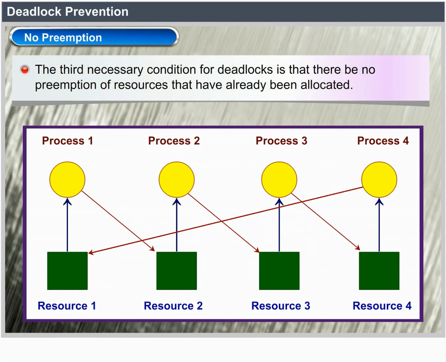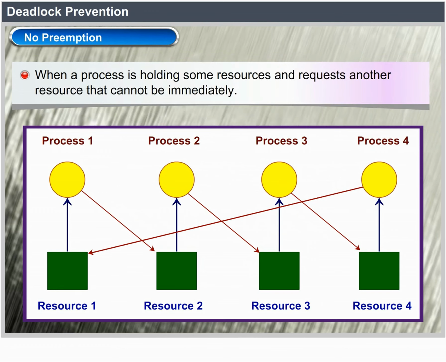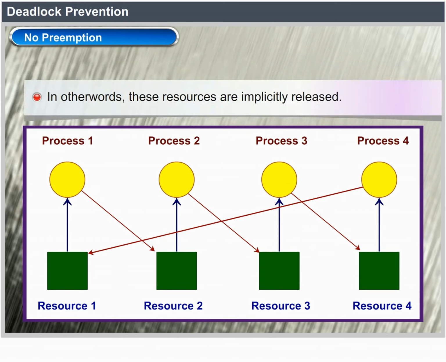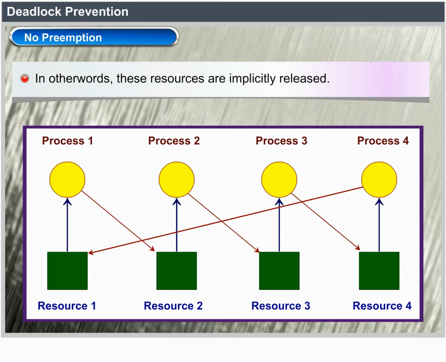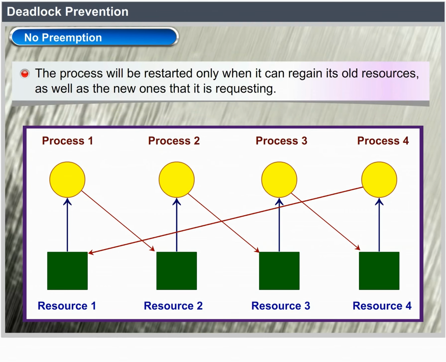To ensure that this condition does not hold, we can use the following protocol. If a process is holding some resources and requests another resource that cannot be immediately allocated to it, that is, the process must wait, then all resources the process is currently holding are preempted. In other words, these resources are implicitly released. The preempted resources are added to the list of resources for which the process is waiting. The process will be restarted only when it can regain its old resources as well as the new ones that